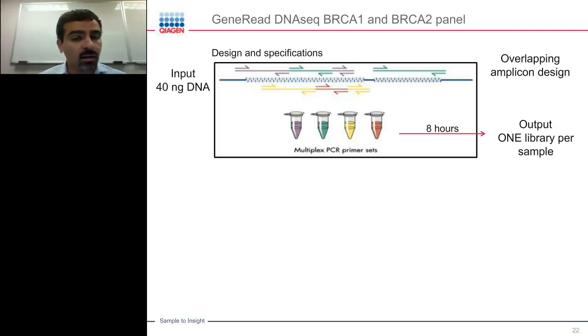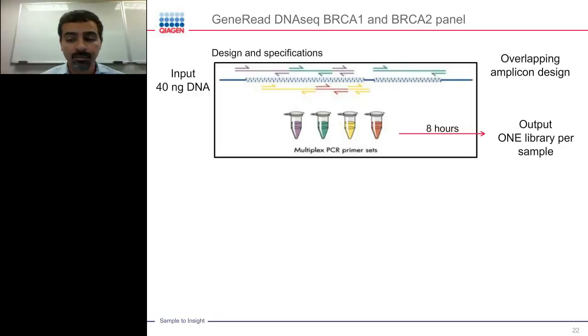You're not constructing libraries from each individual PCR pool. What you end up doing is you run your PCR in 4 pools, but then you end up pooling all these amplicons together, going into the library preparation step. So although you're enriching using 4 pools, what you end up with is just 1 library per sample, which cuts